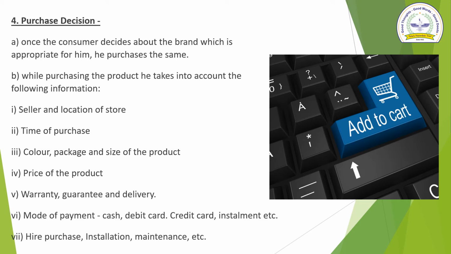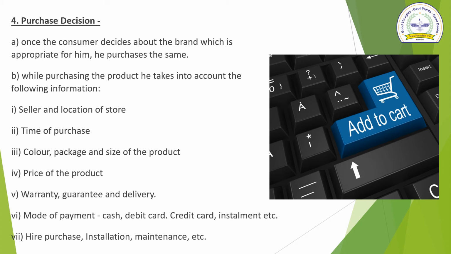So once the consumer decides about the brand which is appropriate for him, he purchases the same. If a consumer feels that Kent purifier is very good, then he will make the purchase decision to purchase Kent. So while purchasing the product, he takes into account the following information, like who is the seller, what is the location of the store, from which store he is going to purchase, at what time he is going to purchase, which color of purifier he will like, how should be the packaging, what should be the size of the product,